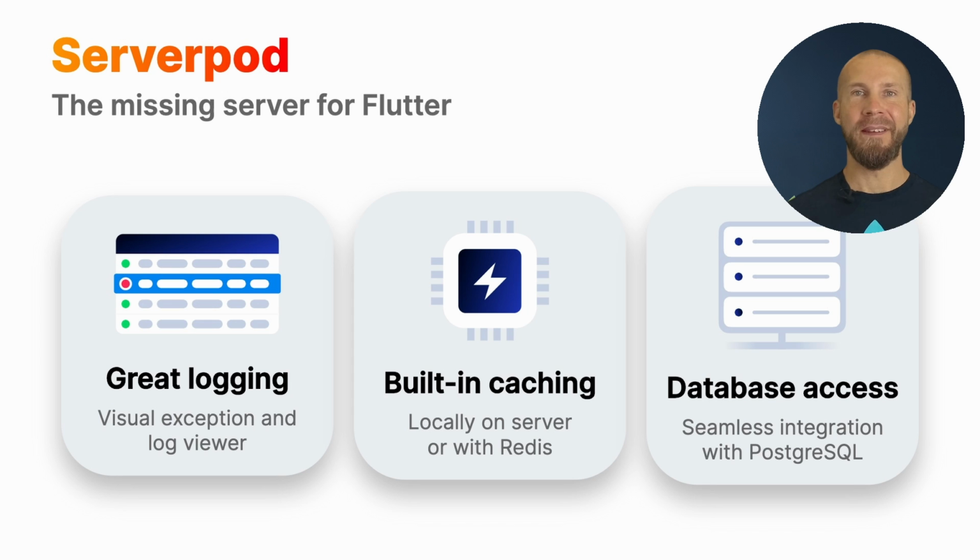You get the high-performance distributed cache built right in. Any data models can be cached locally on your server or using Redis if you need to use the same cache as a cluster of servers. ServerPod also gives you the ability to communicate easily with your database. With ServerPod's Object Relation Mapping, or ORM, your queries use native Dart types and null safety. The database layer even has support for things like database migrations and relations. In addition to these features, ServerPod has support for everything you would expect from a modern backend framework.